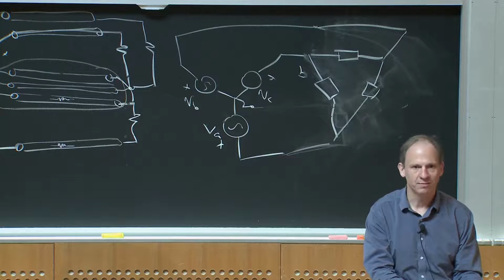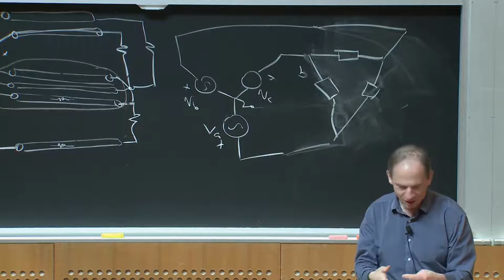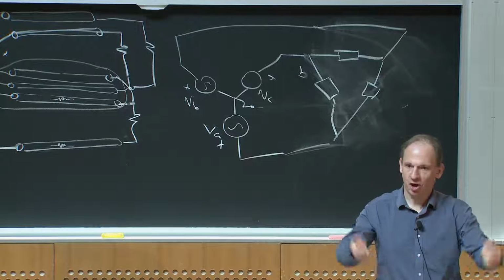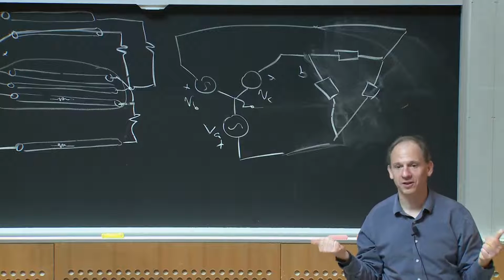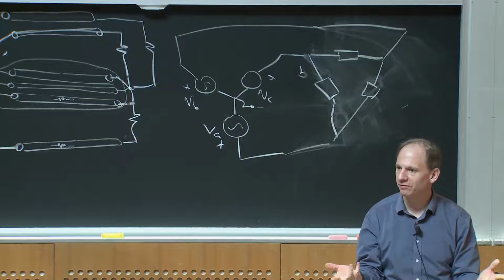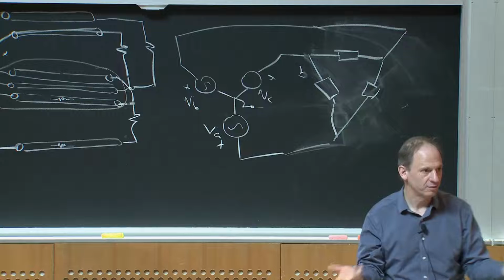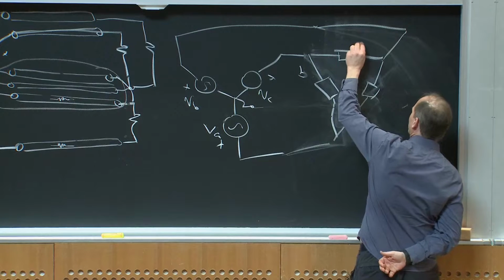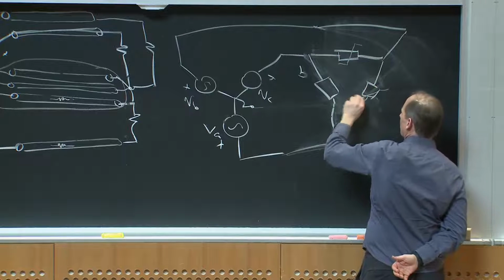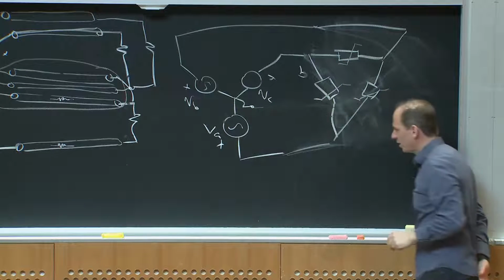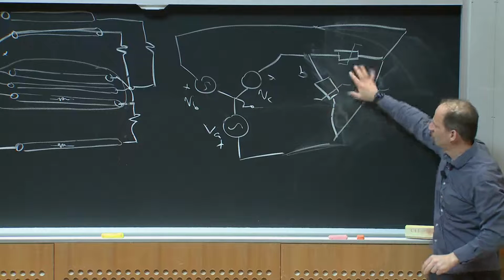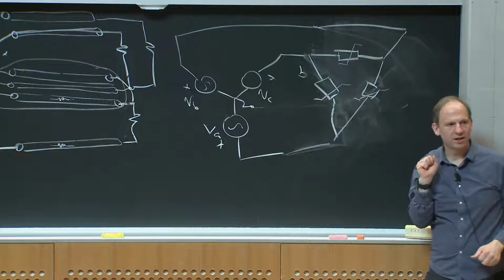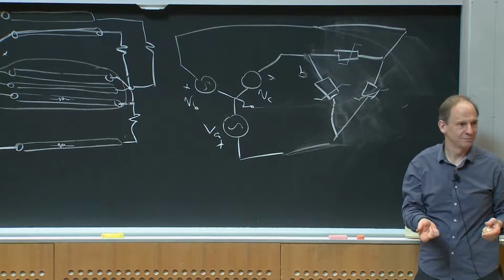If you think about right at the beginning of class, we said we could have a rectifier waveform whose current looked like sort of a square wave or something like that. The currents don't have to follow and be linear compared to the voltages. They don't have to be proportional. So let me just imagine that these are some kind of nonlinear elements. And the only constraint I'm going to place on them is they act in a way that, whatever this guy is doing, a third of a cycle later,